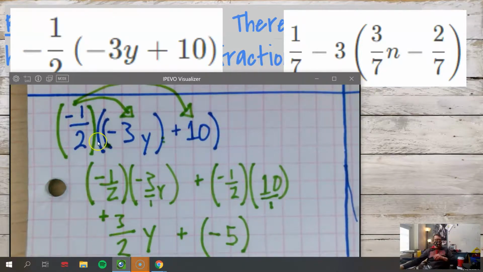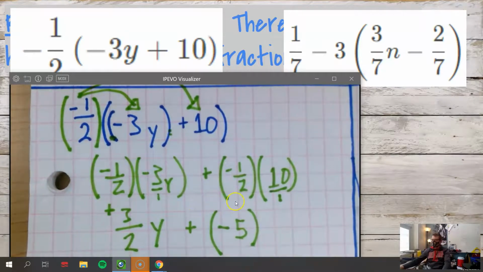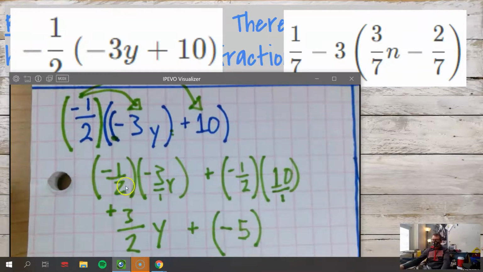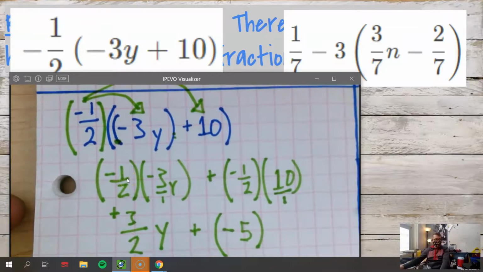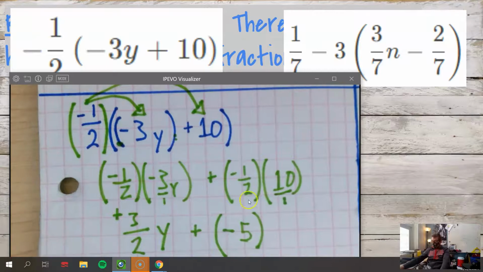Any questions on this one remaining? Gwen, I really appreciate how honest you are with, hey, this doesn't make sense, I'm confused. So the first set here, a negative times a negative becomes the positive. Fraction multiplication is always top to top, bottom to bottom. So then over here, top to top, bottom to bottom would be 10 over 2, but 10 over 2 is 5. And because it's